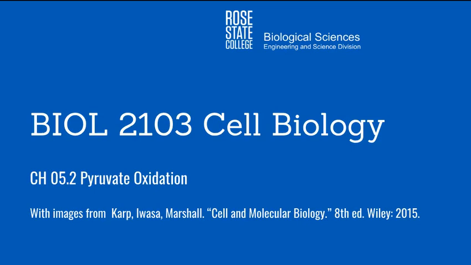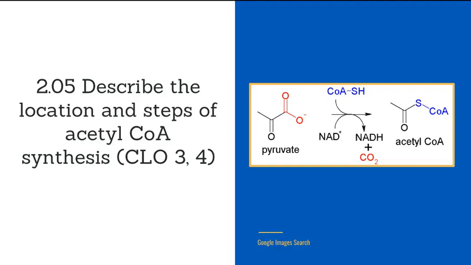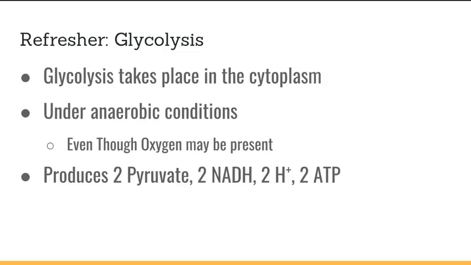This video covers pyruvate oxidation and helps meet course objectives 3 and 4. As a refresher, glycolysis is a metabolic pathway that takes place in the cytosol under anaerobic conditions. Recall that a pathway may be anaerobic if it uses an electron acceptor other than oxygen. So, glycolysis is an anaerobic pathway that can occur even though oxygen is present but not used for this particular